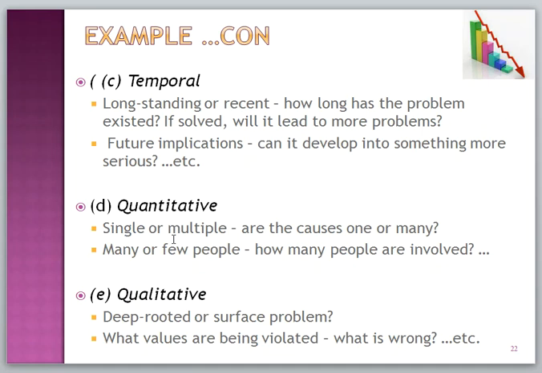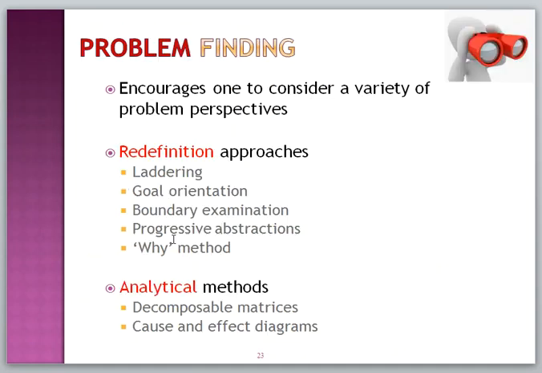Also, we have the qualitative dimension. Do we have something deep-rooted in the problem? Do we have some features? Do we have some emotions and feelings and deep understanding of something, some values, and so on? All this may be investigated or used to describe the problem or help enlighten those who are finding solutions for the problem. This is the second tool we have for fact finding, and then we move to problem finding,